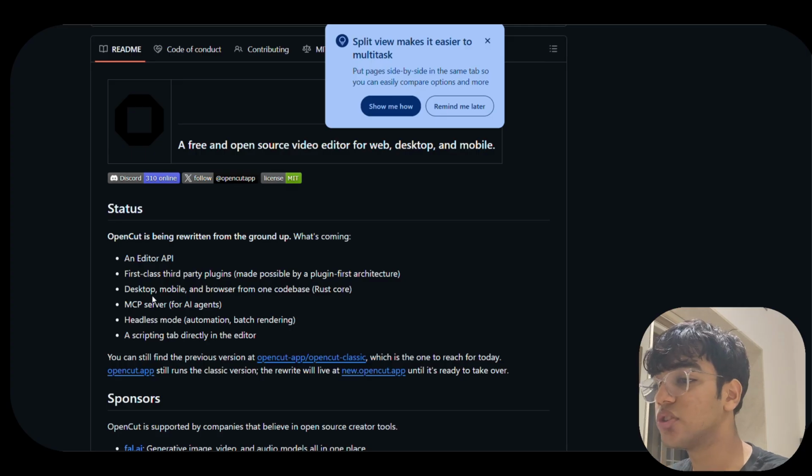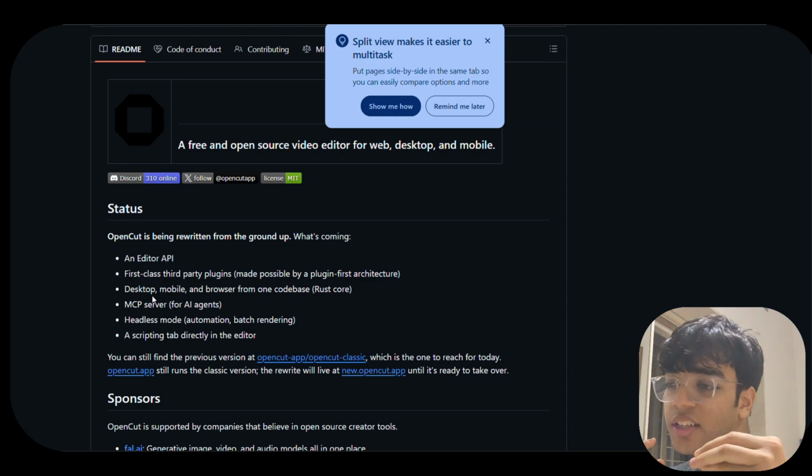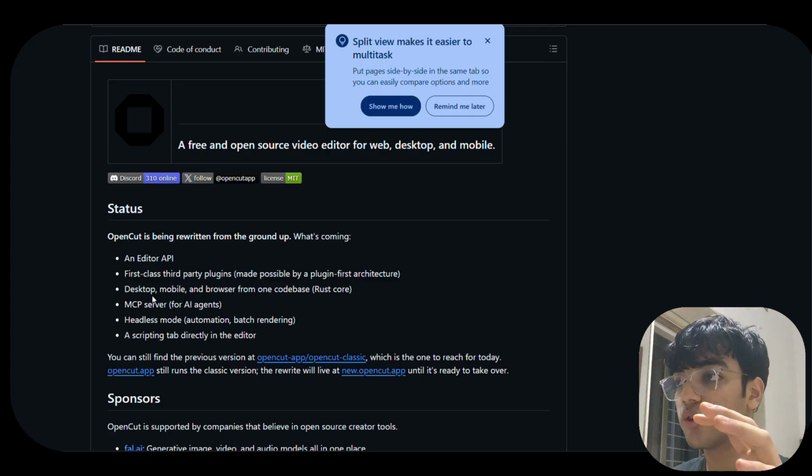In future you can also use it along with AI agents. You can connect it, you can use MCP. There's a lot to it, but currently it's in the beta stage, and it's pretty basic right now. But let me just show you what it looks like and how you can host it if you want to.